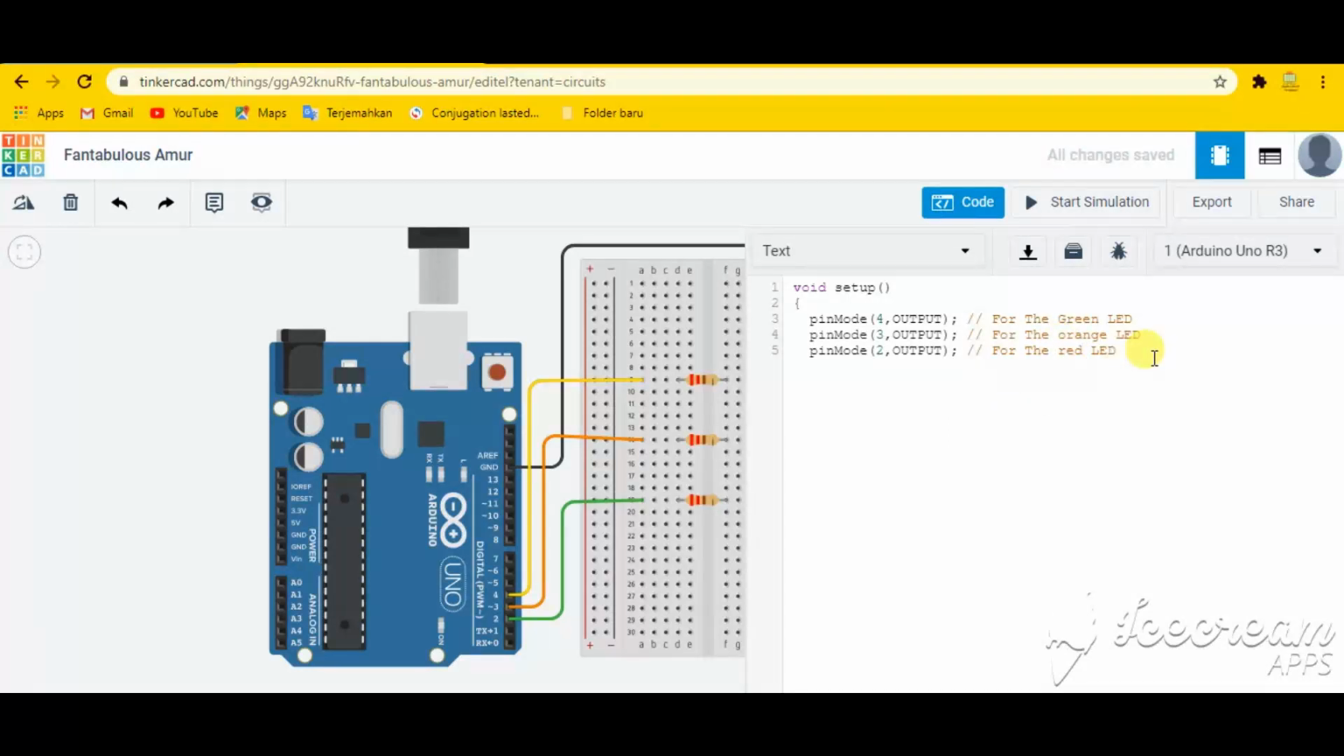Okay, after that we use this mark there, and then we type void loop, and then open, close, and then we type this, that. Okay, after that we type